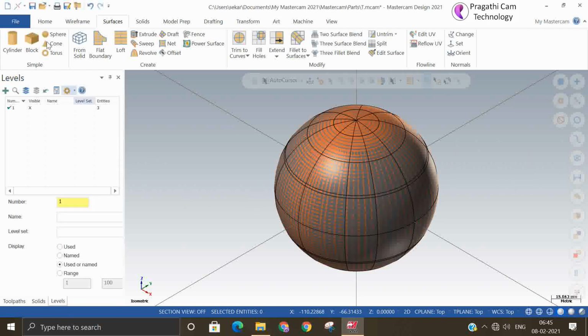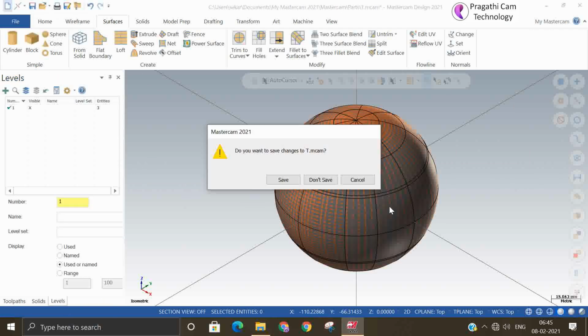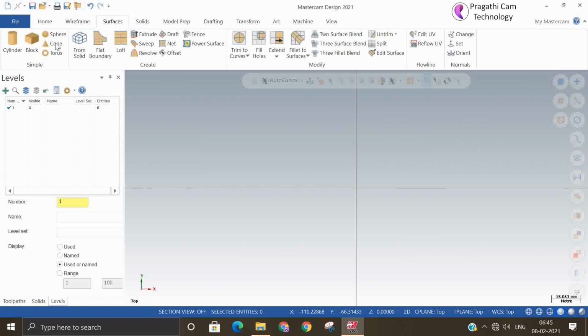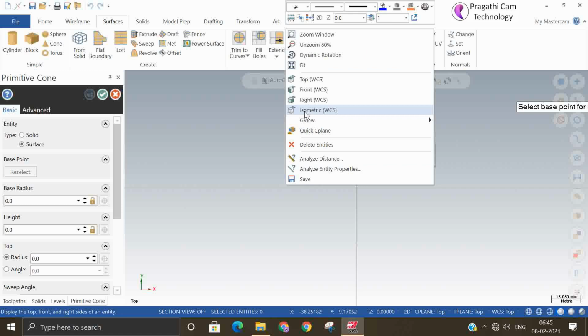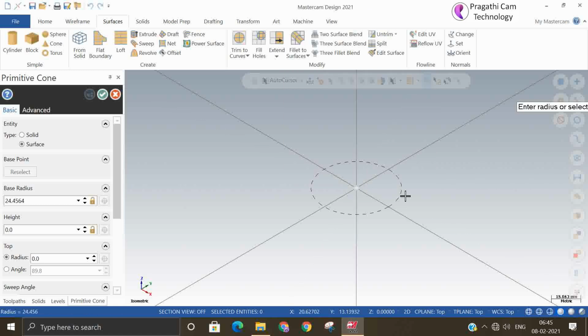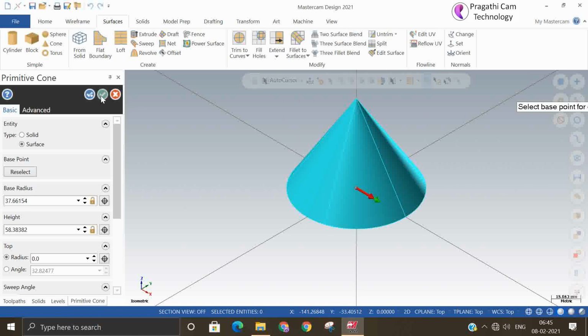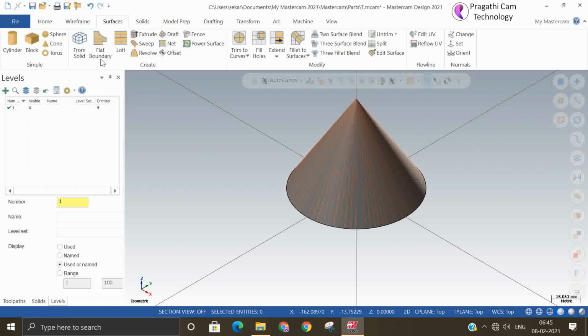So this is about the sphere. Next is the cone option. So again isometric. This is the base point, then the apex. Okay. Just clicking will get the cone.